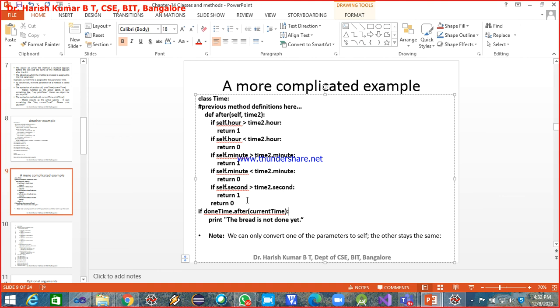Otherwise, say bread is not yet done. So we can only convert one of the parameters to self and the other stays the same. The object on which the method is invoked is converted into self, but the other one remains the same. That is current time, which gets copied to time 2.